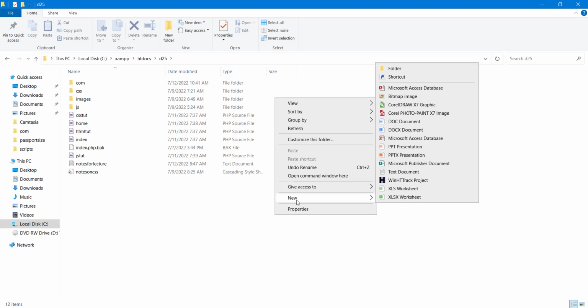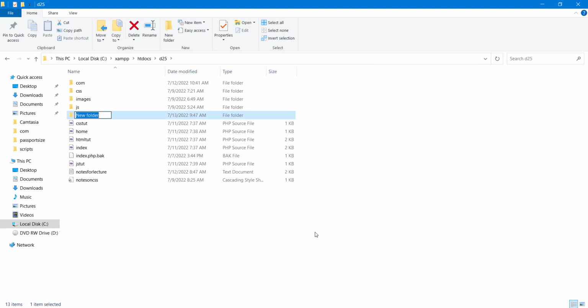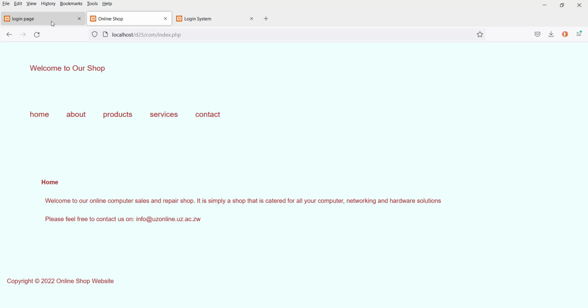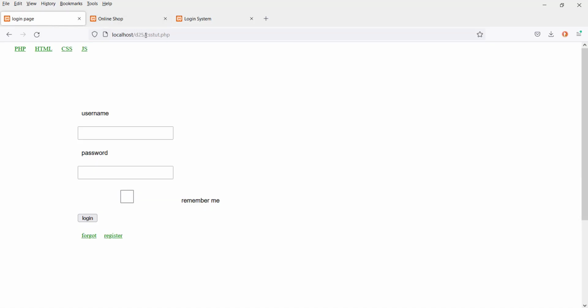So we'll name our project by having a folder. And then this folder, we can call it school, for easy recognition. So it will be school. And if we come back to our diploma 25,